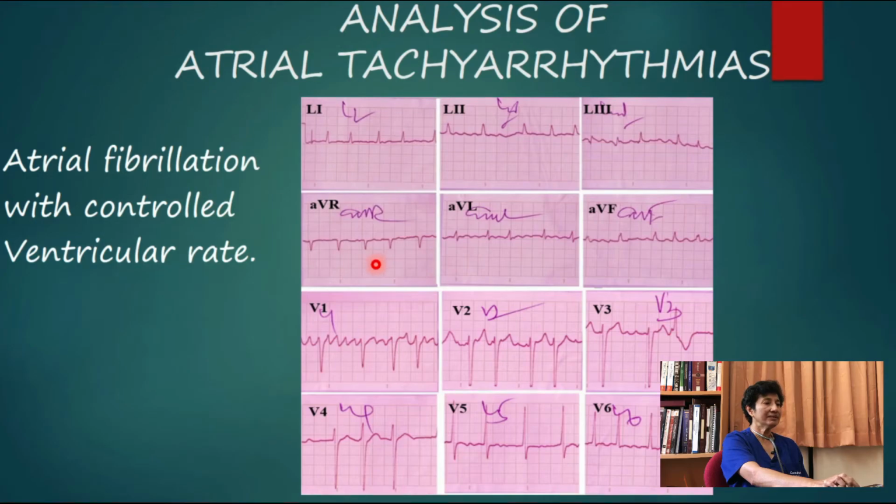With this treatment, ventricular rate dropped to 100 to 110 beats per minute. So that is called atrial fibrillation with controlled ventricular rate. In this case, at the atrial level, the atrial fibrillation is going on, but we have controlled the patient's ventricular